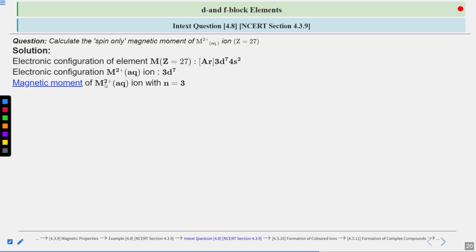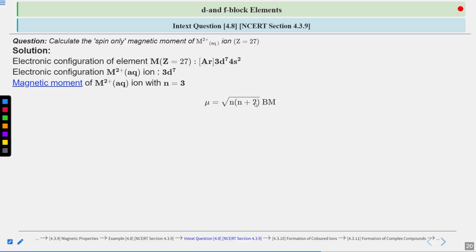So the magnetic moment of the divalent aqueous ion with n equal to 3. Now d7 means, we have just seen d5, 3d5 will have 5 unpaired electrons. Now if you add 2 more electrons, so that it becomes d7, 2 of the unpaired electrons will be paired, right? Another 3 will remain unpaired. So the magnetic moment of M2+ ions whose unpaired electrons are 3 is